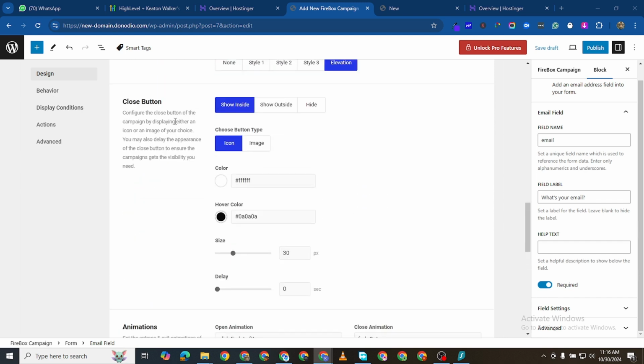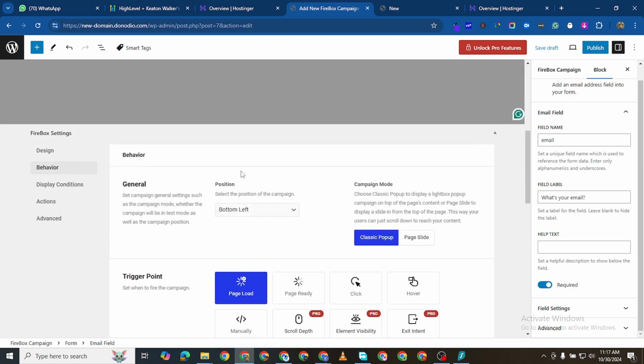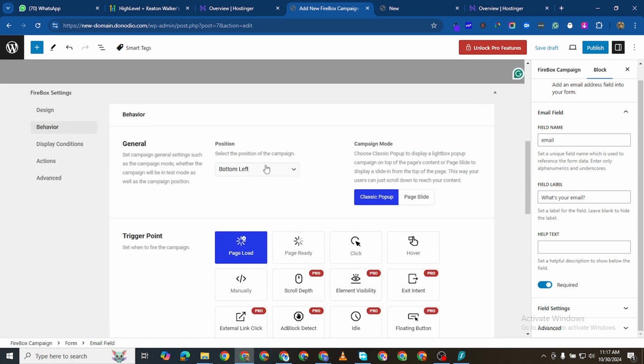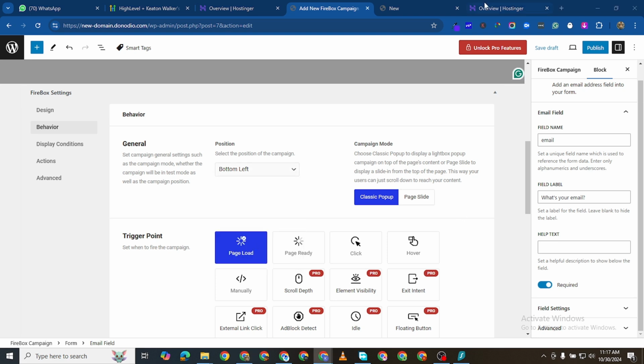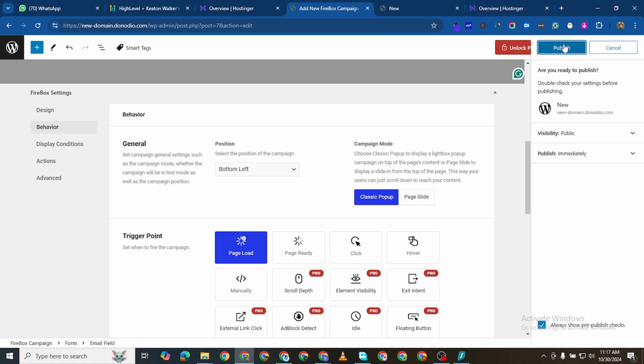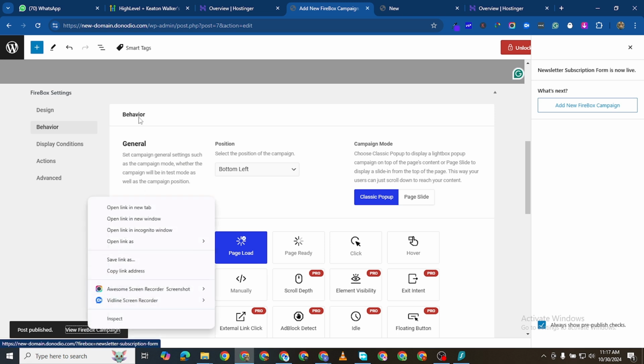Now, coming back up, we see this behavior tab. If I click on the behavior tab, you can choose the position. If I click on this position, I can change it to be at the center or at top left, top center, top right. But I want it to be bottom left. I will just publish this and then we'll preview it on the live website for you to see. I'll publish it. And then if I preview this,